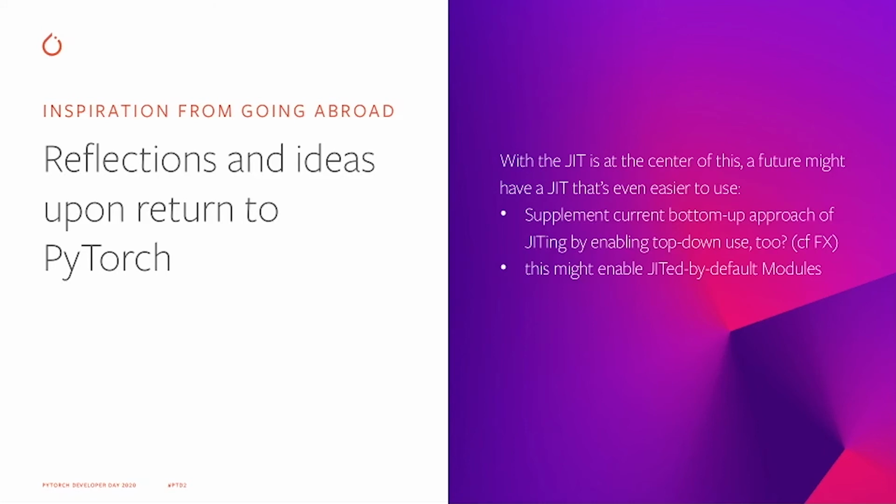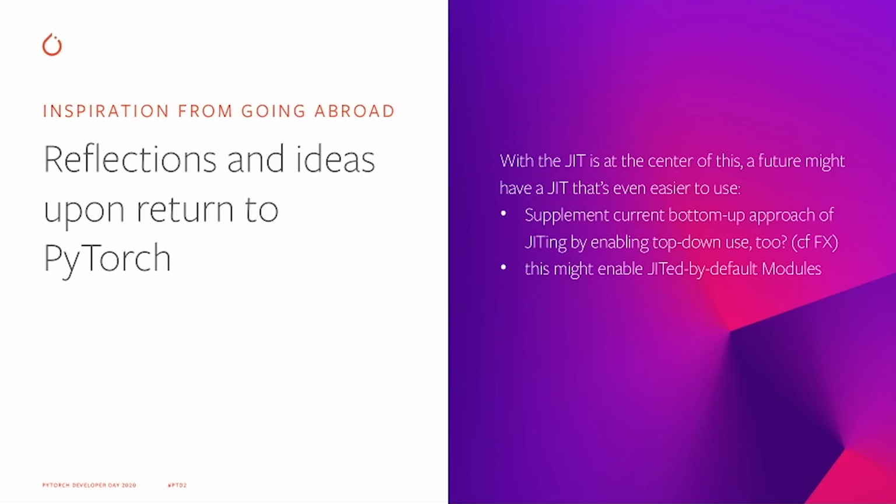We might supplement this by having a top-down use, where you start JITting your model, and if there are gaps that cannot be JITted yet, PyTorch will fall back to Python. And in a way, if you have seen the functional transform FX module used in PyTorch quantization, this is a very similar idea, that you want to JIT only parts of the model, very specific parts, to work on these